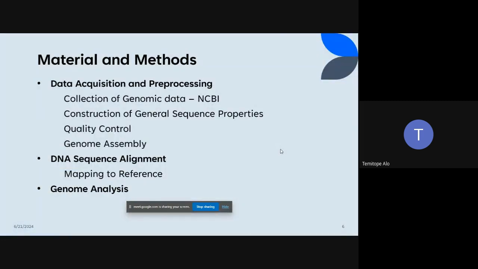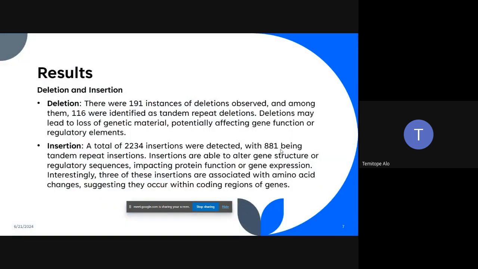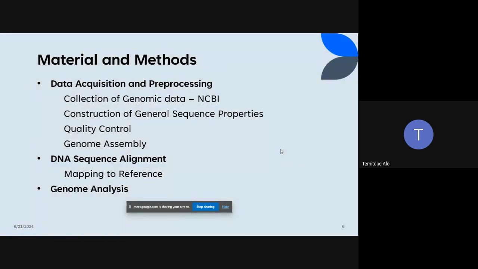For materials and methods, we got the data from NCBI. Both the reference and the query data were gotten from NCBI, after which we moved towards quality control, in which we assess the quality of the data and filter out any low quality reads. After which we assembled the genome, which was later mapped to the reference. When we did this, after this was done using